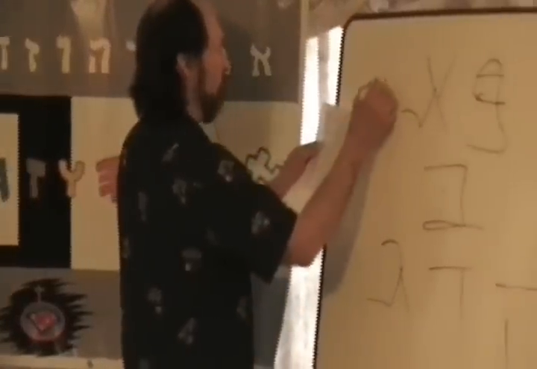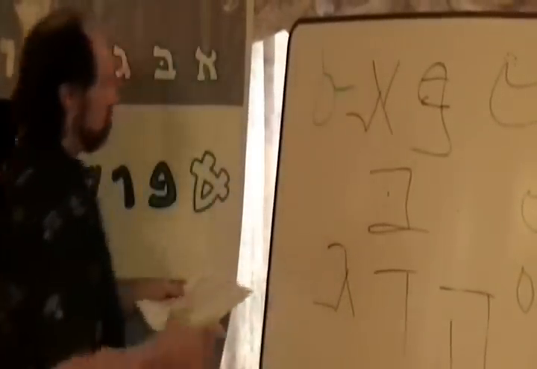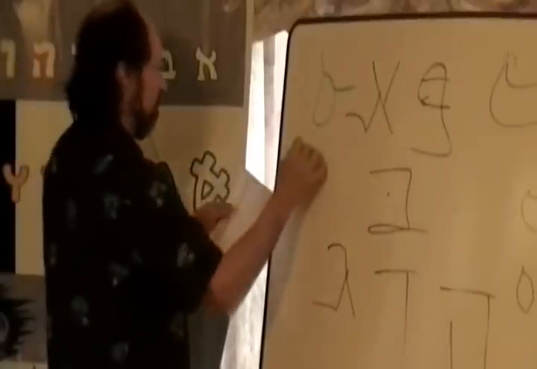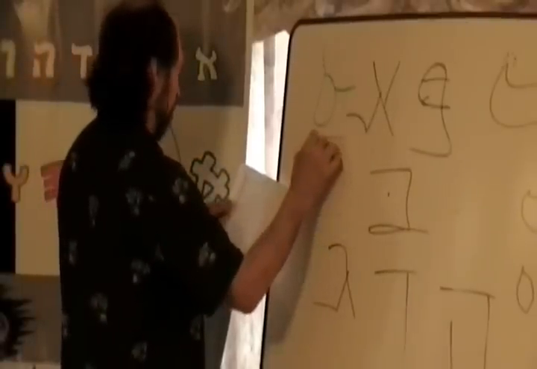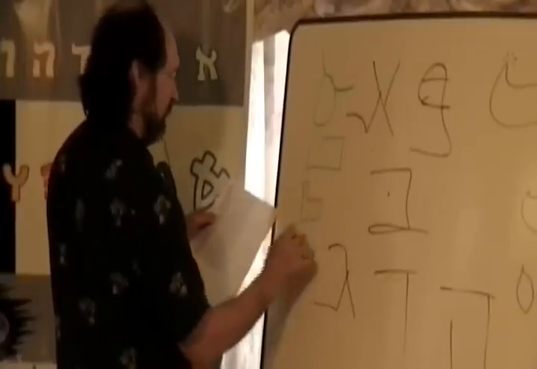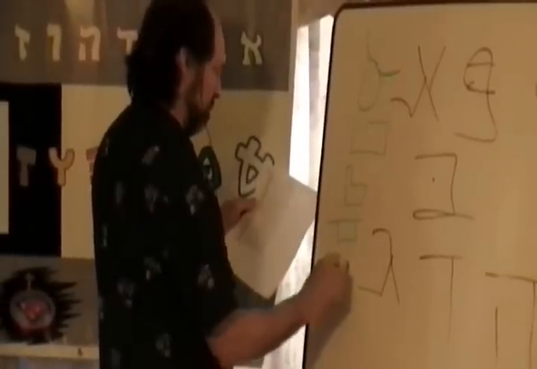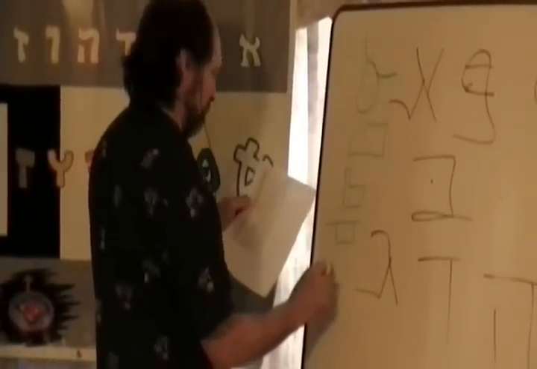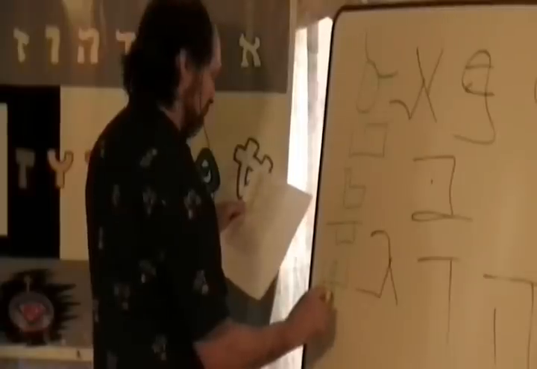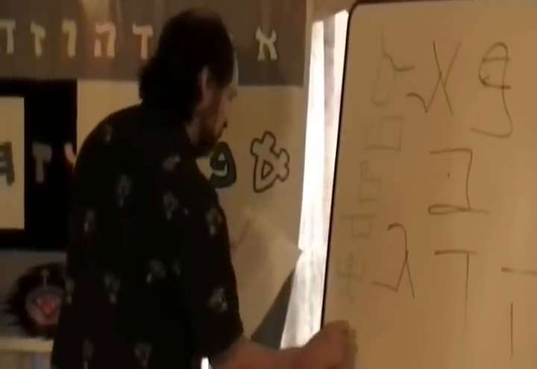So his Aleph looks like an ox head. His Bet, his Gimel, his Dalet, his Hay, his Zayin, his Het,